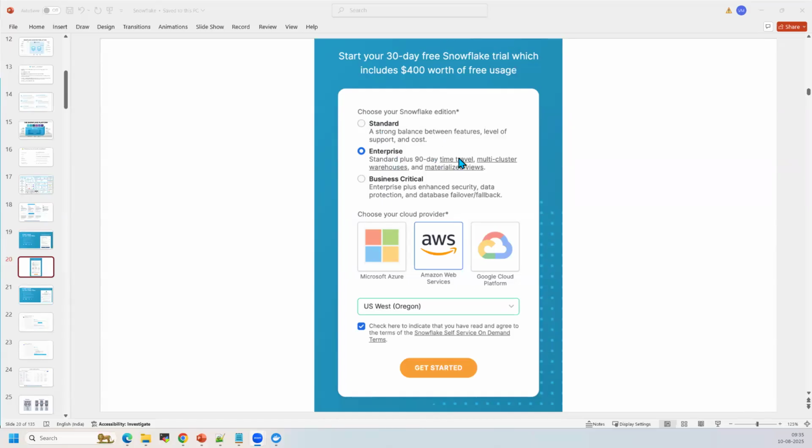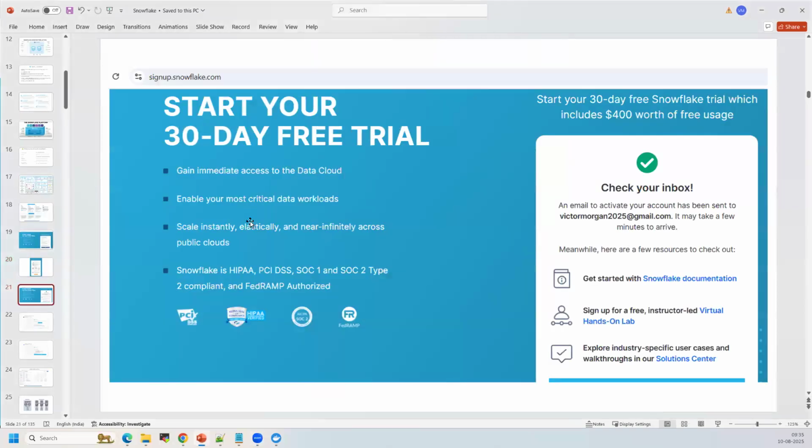In the enterprise edition, you have a lot of features like time travel, multi-cluster warehouse, and materialized view. Business critical has the enterprise features plus more. For us, you can use the enterprise edition, choose cloud provider AWS, and choose region US West. After doing this step, you will get an email,